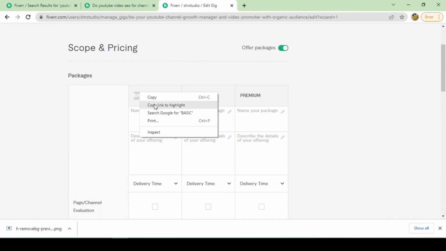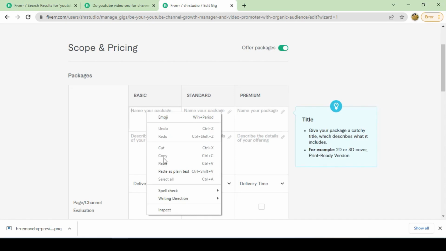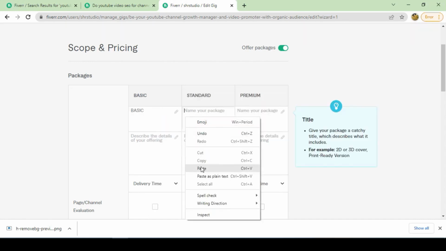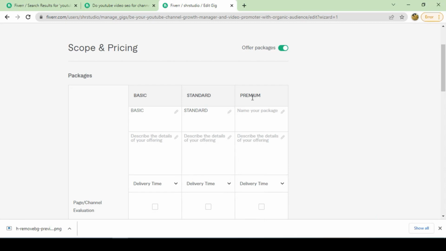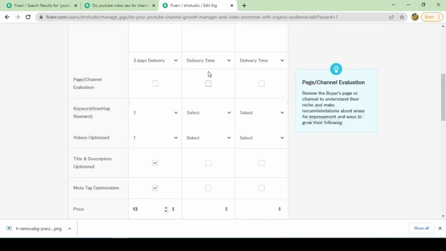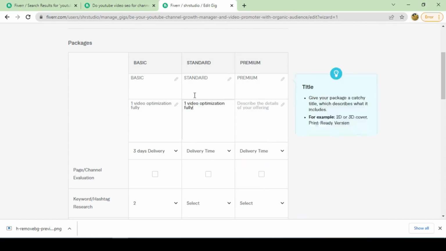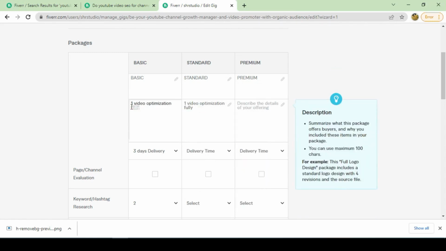In this video, we will create our packages and we will set the prices also. So I will use the package names as basic, standard and premium, but you can change the names for your gigs and you can keep any other name that you want. But for now, I will stick with these. So after naming the packages, you must explain shortly what you are going to offer in your basic, standard